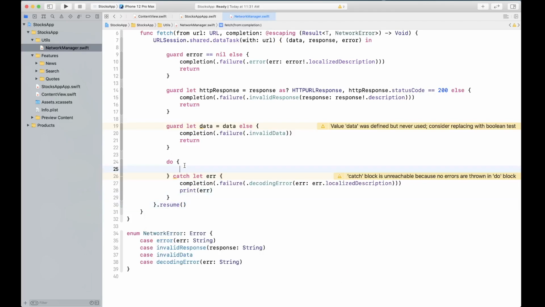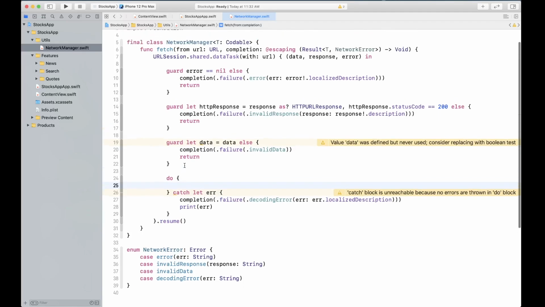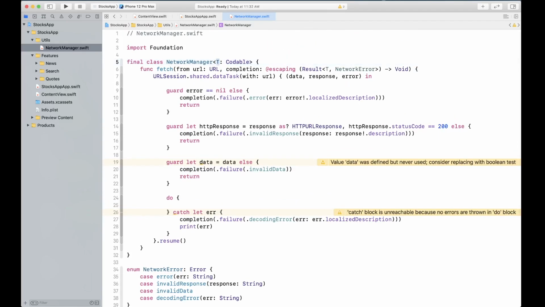Now let's talk about this do section right here. Like I mentioned earlier, when we create the network manager, it has to resolve the type T. So it has to provide T. That's part of the generic. We are writing it in a generic way. That means that T has to conform to something. T has to be constrained to be conforming to the Codable protocol. That means basically T is going to be extending that Codable protocol and conforming to it, which is going to give the JSON decoder the ability to decode that object.